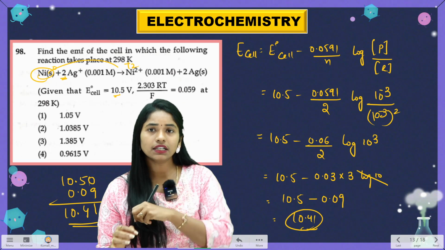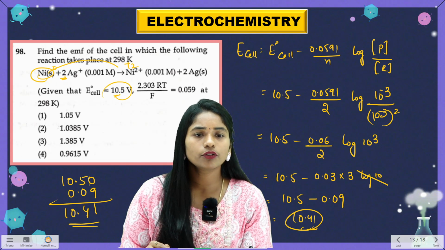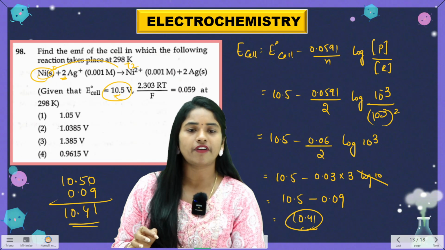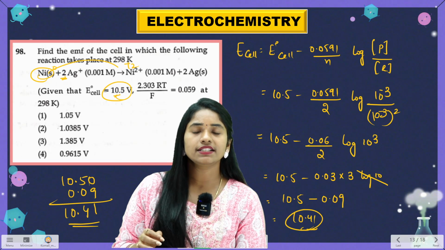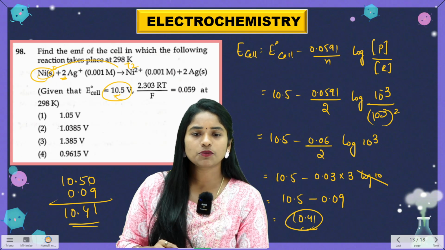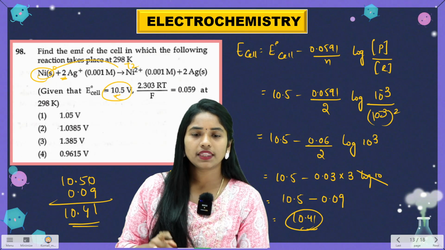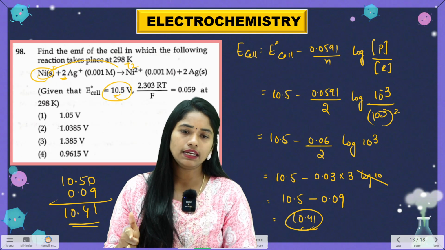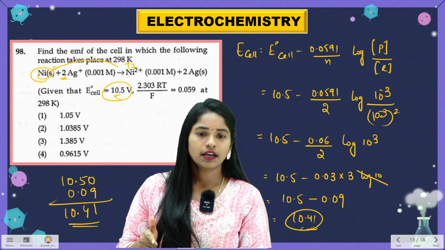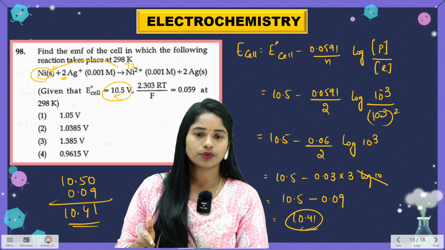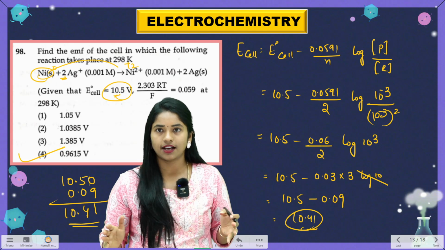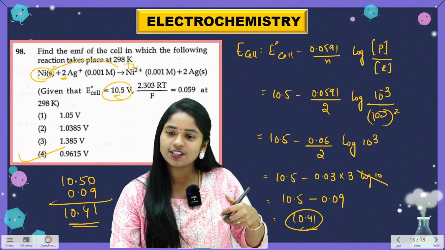What can be the question is, here 10.5 is given, right? That can be 1.05. So if it is 1.05 in the question, and we subtract 0.09, then 15 minus 9 is 6, then we'll be getting 9, 9 minus 0 is 9, 0. So 0.96, option 4 would be the correct answer. Clear? If this question is clear, shall I go to the next one?